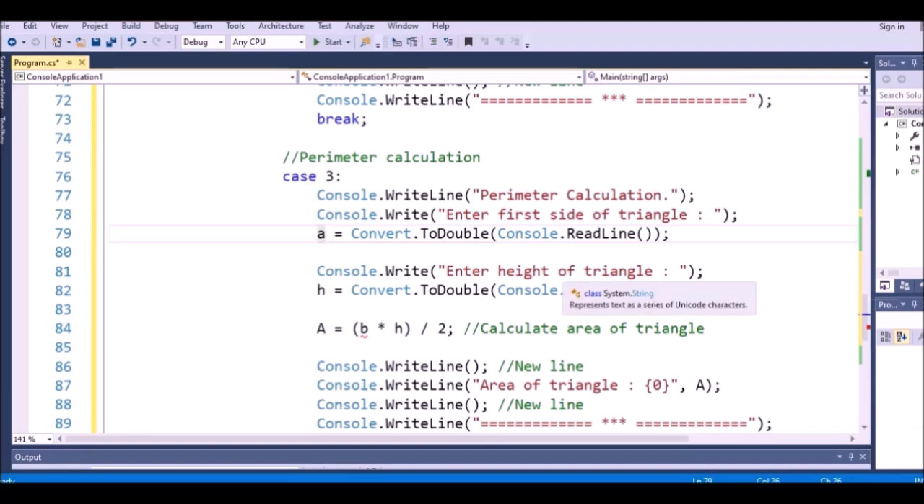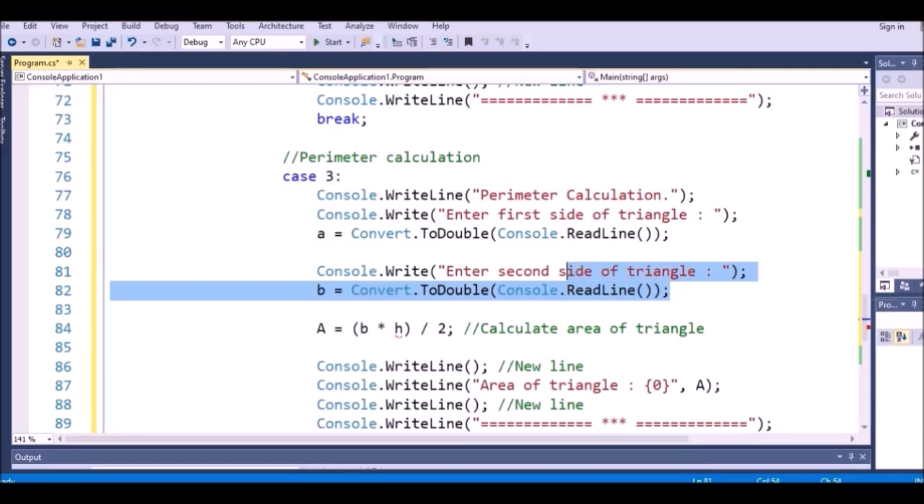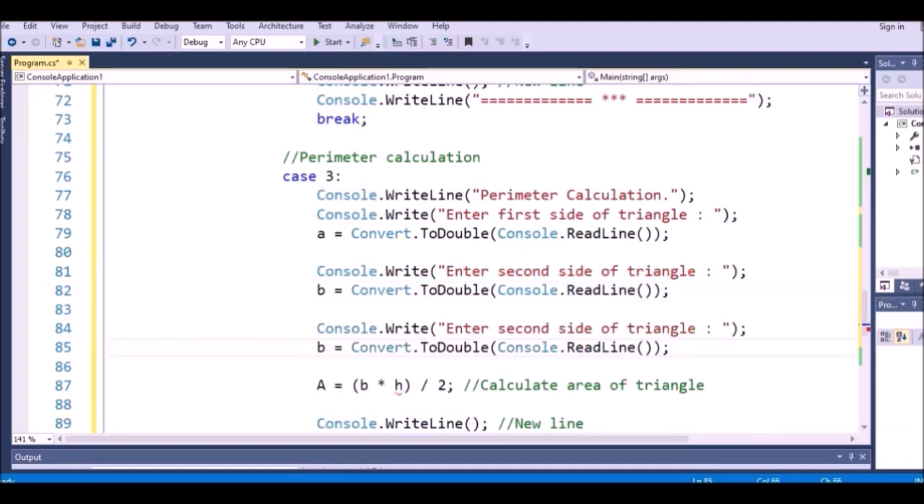And next I will tell the user to put the second side. So enter second side of triangle. For the second, I change here to be B, like this. And for the third, I will copy this one and paste here. So this I will change to be C for the third, and I say enter